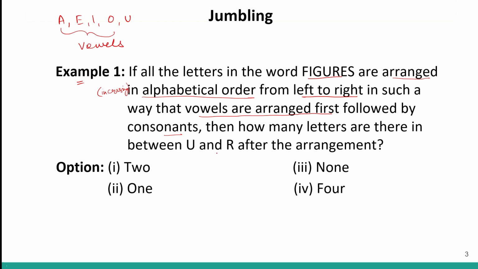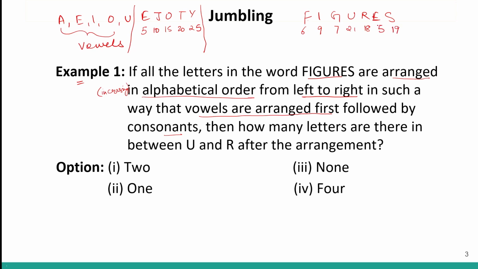So, let us do this question. Basically, I'm going to give them forward ranks. If you remember the shortcut to remember forward ranks, I told you, AJOT. I've repeated this numerous times. This is a shortcut by which you can remember forward ranks. So this is given to us. If I give them forward ranks, F will be 6, I will be 9, G will be 7, U will be 21, R will be 18, E will be 5, and S will be 19.